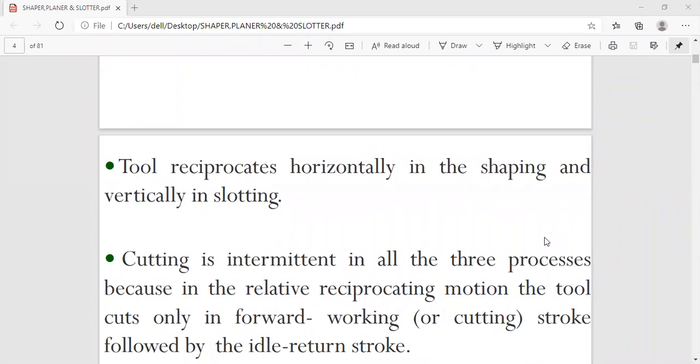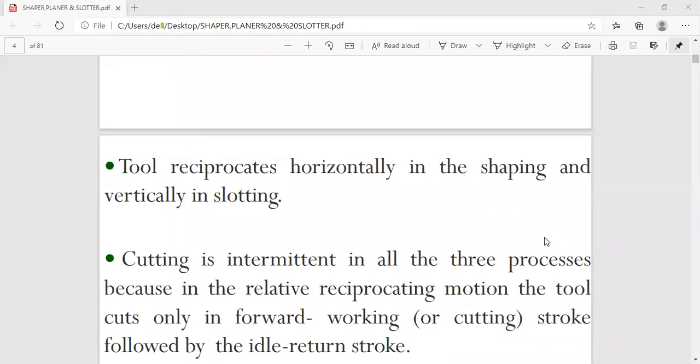The particular depth of cut can be obtained by lowering the tool. Whatever position we want, we can lower the tool by means of the arrangement we have on the top of the machine, the lever type, not the wheel type. We can lever that tool and lower it towards the workpiece. All these are very important.